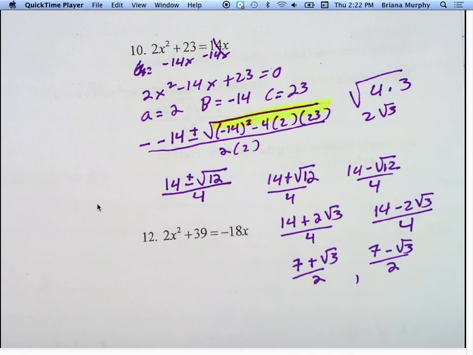All right, I'm going to say you guys should switch to your homework and do that. Remember, do the discriminant first. It tells you how many answers you got, and I think it goes quicker. Do the discriminant first. Except the first one confuses me. So, okay, A is 1, B is negative 4,